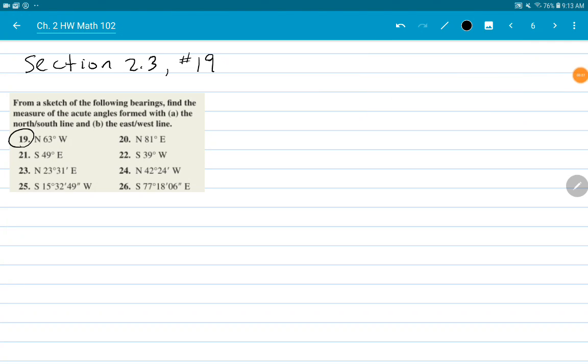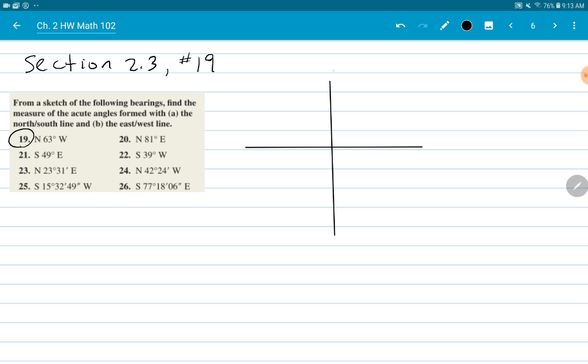All right, in section 2.3, numbers 19 through 26, we are going to sketch the following bearings, finding the measure of the acute angle formed with the north-south line and the east-west line. Now all of these start facing either north or south, so let's just jump in. Let's start with 19 for our example, and I'm going to draw a coordinate system and label